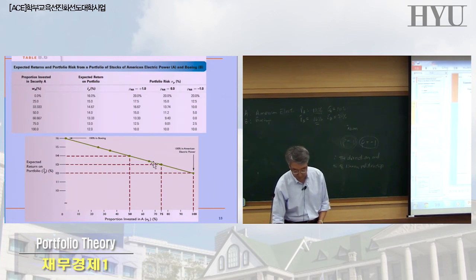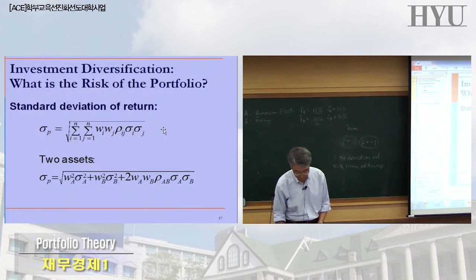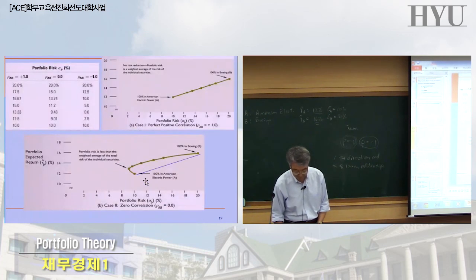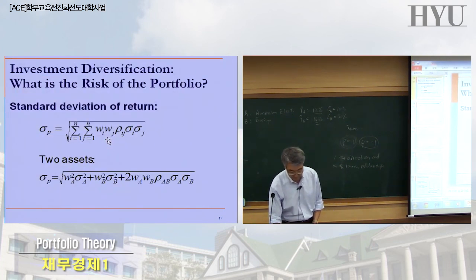All right. What about the risk? How do you calculate the risk? The risk formula was slightly more complicated, right? You have to use this formula, okay? But here, if you go back to that formula, then what determines the portfolio risk is the risk level of each investment, A and B, and also the weight of each investment, A and B, WA and WB.